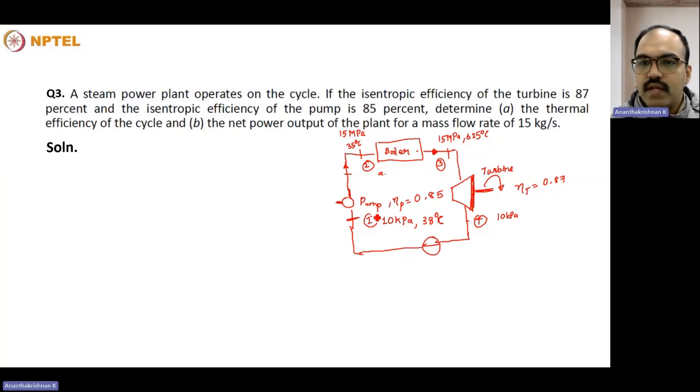Similarly, in the case of turbine, it's a high pressure steam. So you can't apply any of these to get the work output. So you have to account that in terms of the change in enthalpy using the steady flow energy equation. If you try to represent this in terms of a TS diagram,